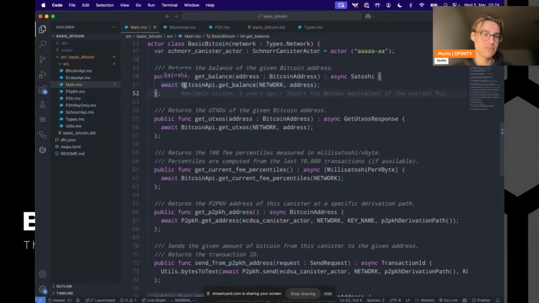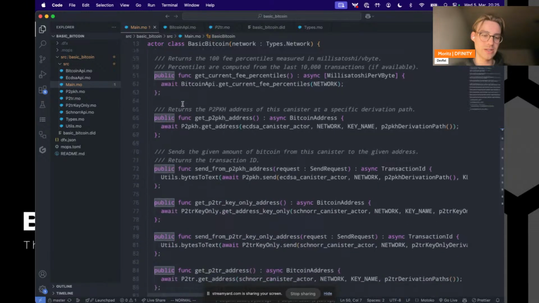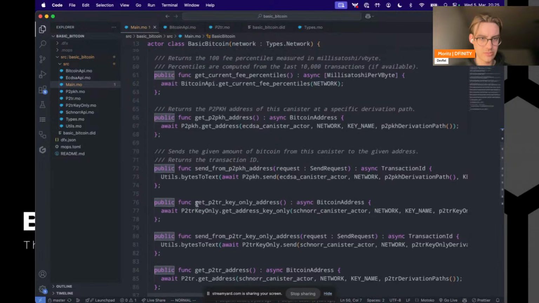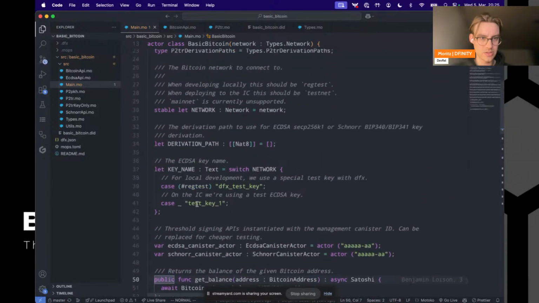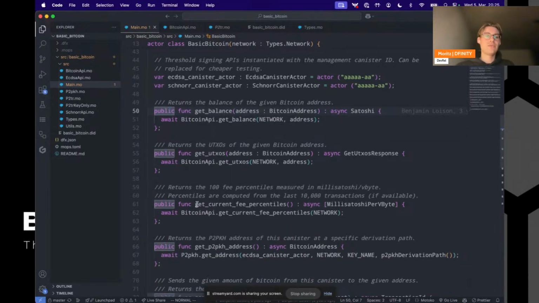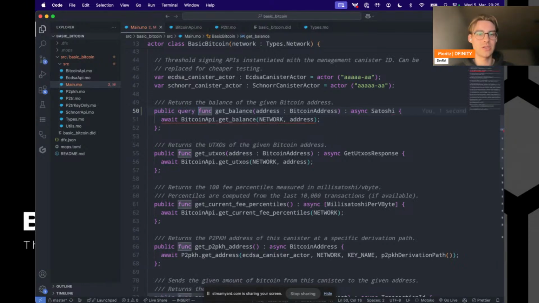But there are two different types of public facing functions. So there are update calls. They look like this. They just have public func as, let's say, a prefix when you define them. And then there should also be query functions. I'm not sure if there's one in here. Does not look like it. I'm still going to explain it because there's quite a difference between them. You could, for example, write a query in here, and then the call you are making, this doesn't work because query calls are not compatible with inter-canister calls,